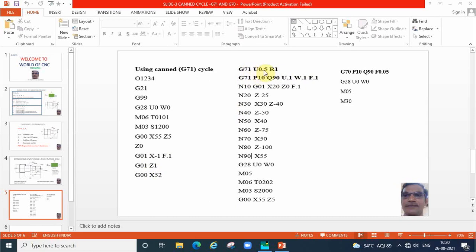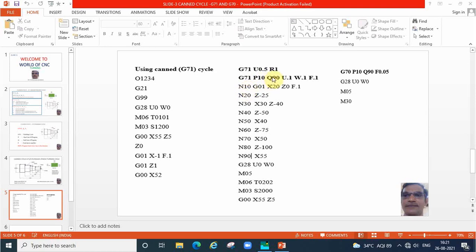Okay, the first line, already I told, 0.5 depth of cut every time. Automatically the machine will calculate every time depth of cut as 0.5. Every time retraction will be 1 mm. So right side and left side is over. The second line of the syntax, starting block number, end block number. Say for P, any value we can give. P1, P10, P1000, P100, any value we can give. What value we are giving for P, with that value we have to start the canned cycle number with the N10. Okay, P10 means N10 we have to start. P1, N1, like that it has to come.